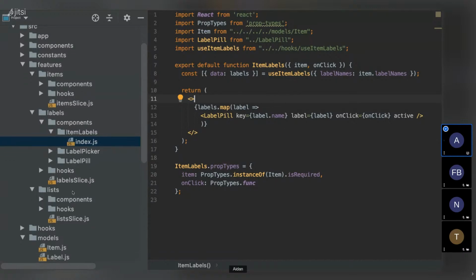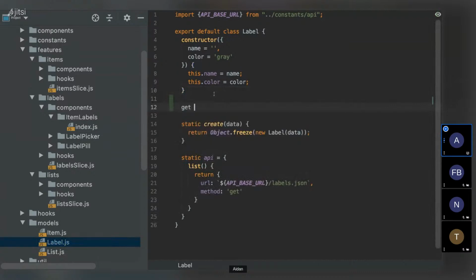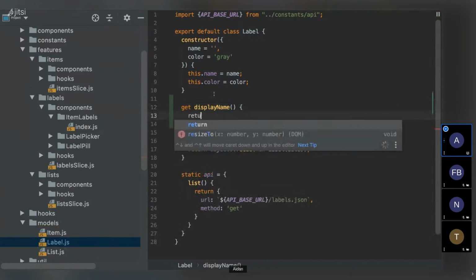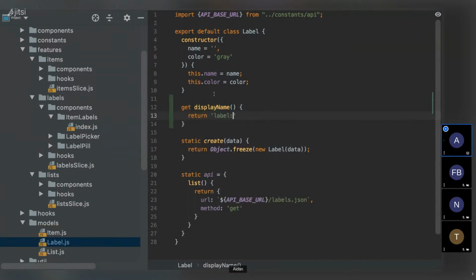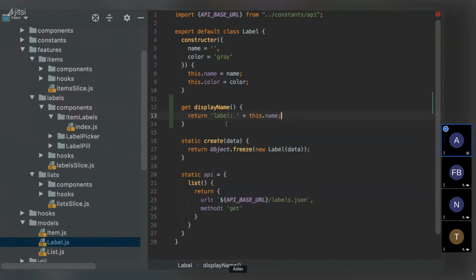And then beyond that, if there's any custom class methods that I've decided to add, like say, if on a label we wanted to do something like a display name, so we could do an easy get display name and have that return label with then this name. There we go. So if there's things like this that we need to do, we can do them in one place in the class model, and they'll instantly be available in every location that we're interacting with that domain entity, which is really great.